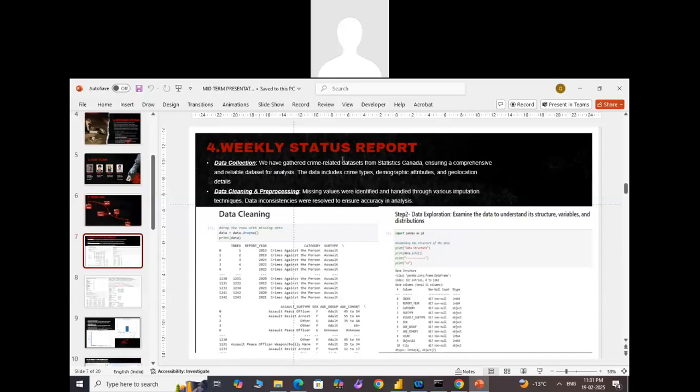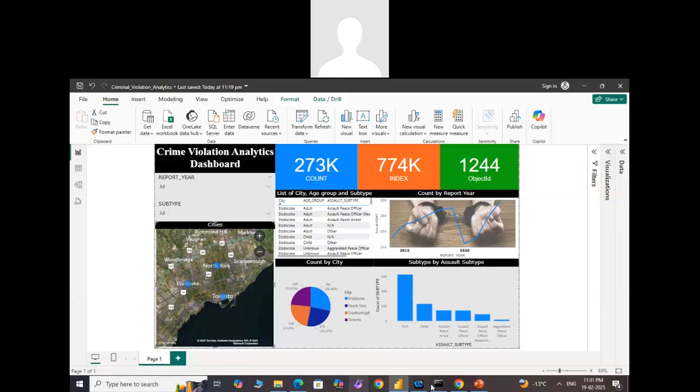Hello, my name is Parth and I'm carrying forward from this slide. So here you can see the data collections and the data cleaning and pre-processing. So firstly, we can see the data cleaning, how it works. As I go through my